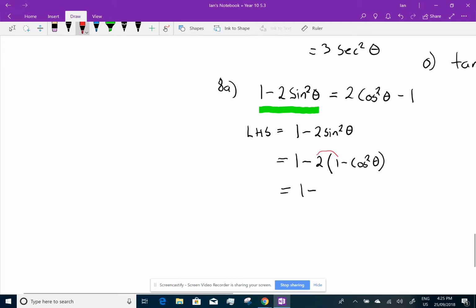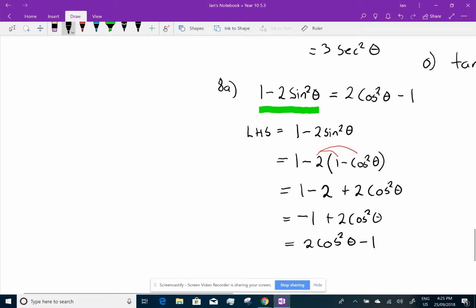Minus 2 times 1 becomes minus 2. And I've got minus 2 times minus cos squared theta. Well, that'll become plus 2 cos squared theta, which gives me minus 1 plus 2 cos squared theta